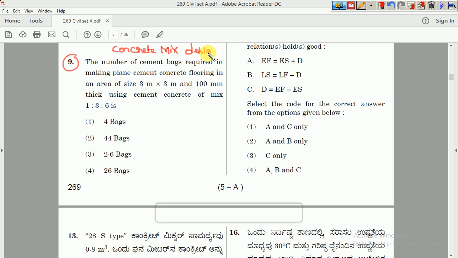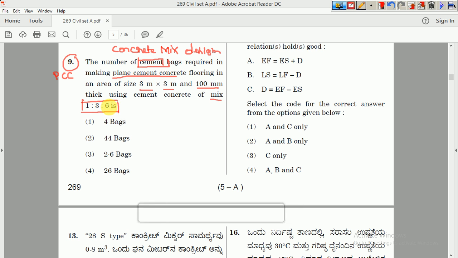Okay, let us see the question. They are asking us to find the number of cement bags required in making plain cement concrete. This is not RCC, they are telling PCC, plain cement concrete, flooring in an area of size 3 meter into 3 meter into 100 mm thick, using the cement concrete mix they have been given